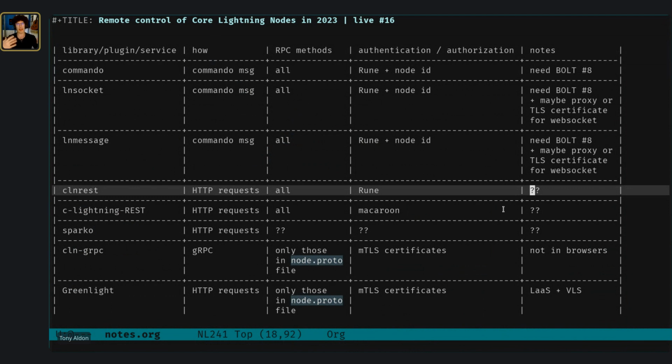And if I missed any library or any application that can do remote control on Core Lightning nodes, please tell me so that we can have a complete, comprehensive document where we see all that has been done and is already being done about Core Lightning and those things. So the first one